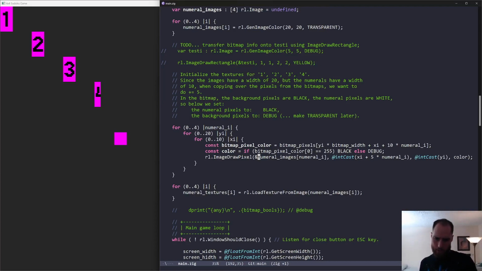So we're saying, given the 1, 2, 3, or 4 image, draw the specific pixel that we determined up here by saying at the position yi and then xi plus the offset. What's happening? Oh,